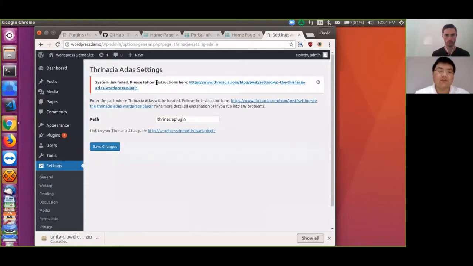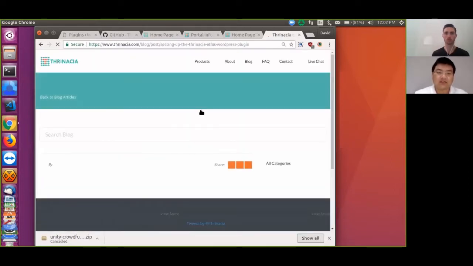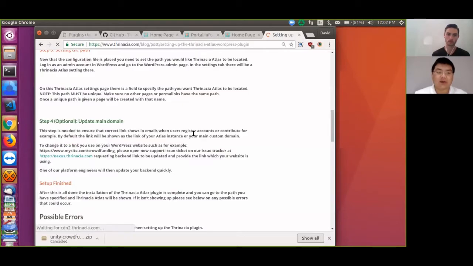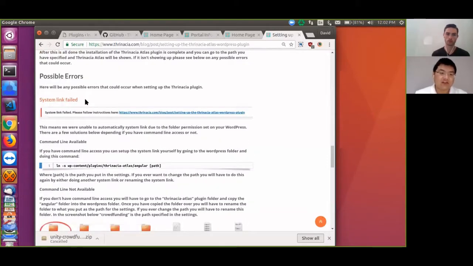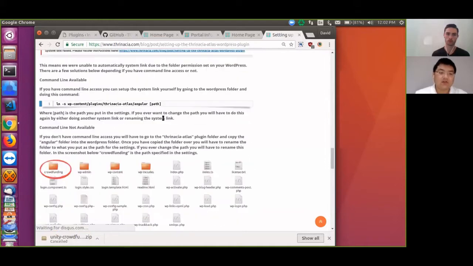Okay, so if you get this error, symlink failed, that means something's a little bit wrong with the system permissions. That means that if you're hosting it on like a WordPress hosting service, you might not have permissions to read and write. So we actually have a way around that here, and this is if you have command line access. We have this error listed here, symlink failed. If you simply